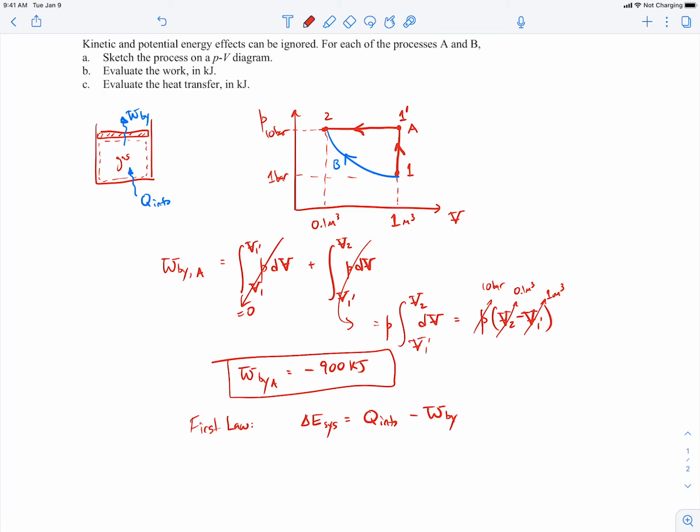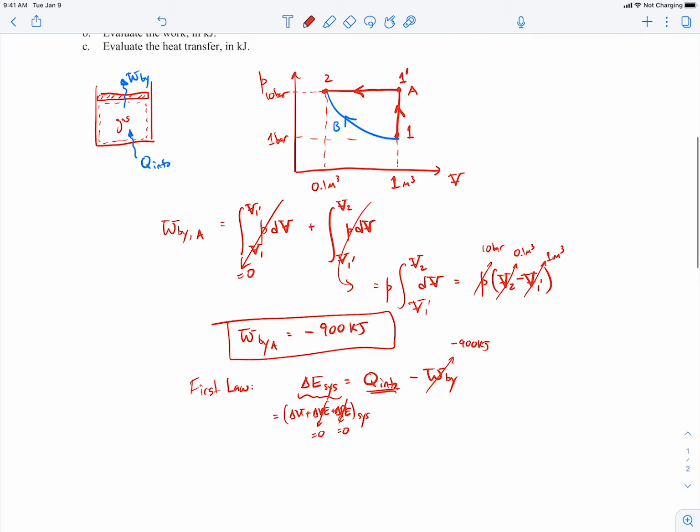So we can plug in for our work done by the gas. We know that's minus 900 kilojoules. We're trying to solve for the energy added via heat transfer, so that's what we're going to try to solve for. The change in the total energy is equal to the change in the internal energy plus the change in kinetic energy plus the change in potential energy. But we're told in the problem statement that the change in kinetic and potential energies are both zero. And so what we're left with is just the change in the internal energy, which would be U2 minus